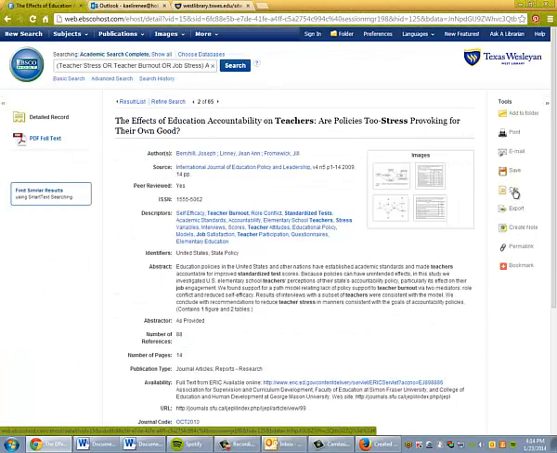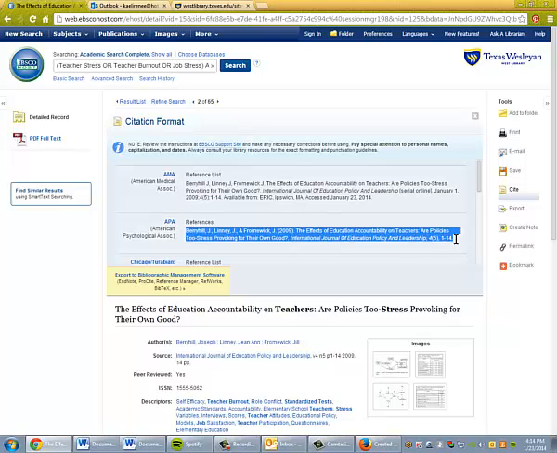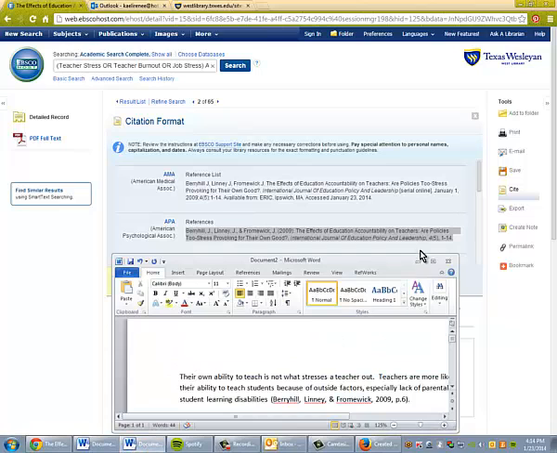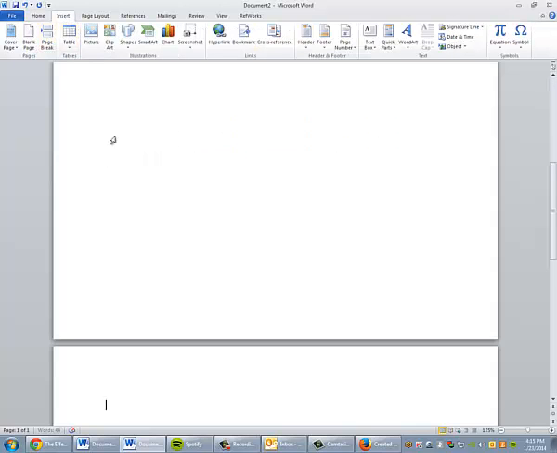That's what this is called. And here's a cite button. I can click on that, and look, there's the APA reference. I can take this, hit Control-C for copy, and go to my document. References always start on a new page, so I'm going to do Insert Page Break, and I'm going to paste